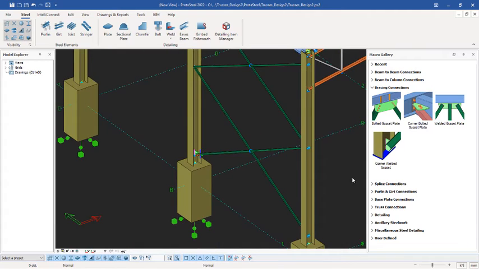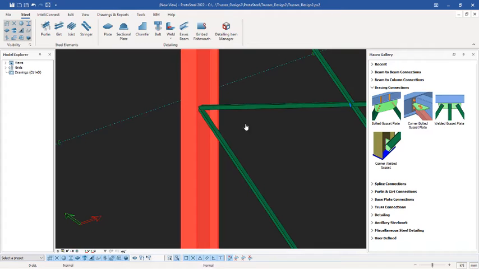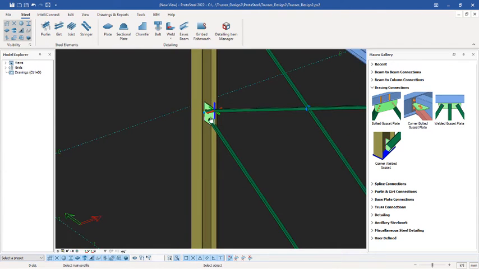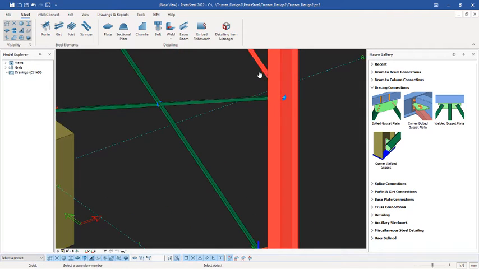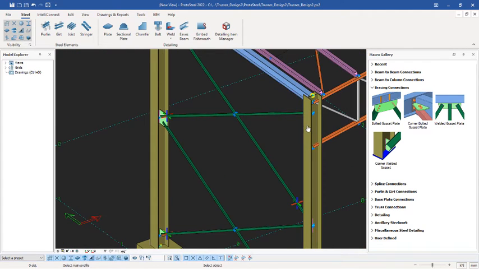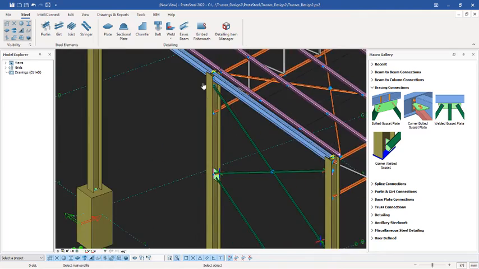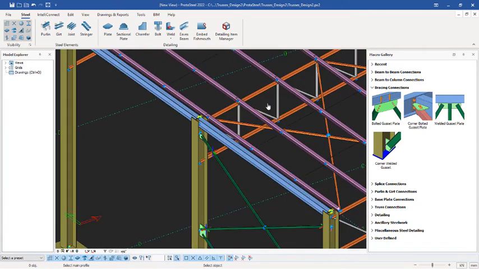Okay, the same thing is applicable to this one. So you have to select the primary members and these two members, right click to insert and place your gusset just like that. Okay, the same thing here, right click to insert that, and this one, this and that, right click to insert that. All right, the same thing here, right click to insert that, and here right click to insert that. The same thing is applicable to this